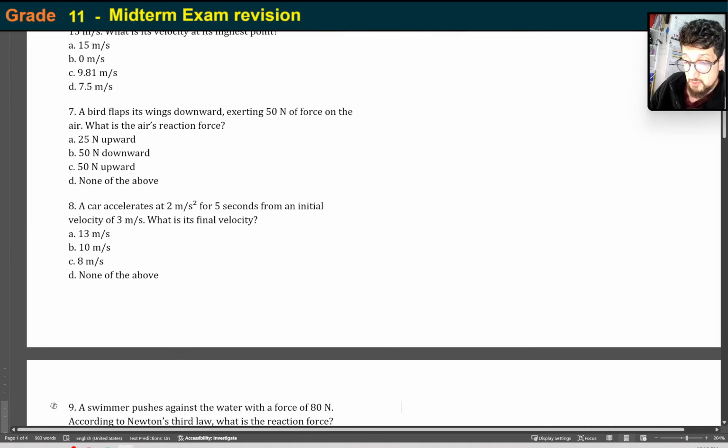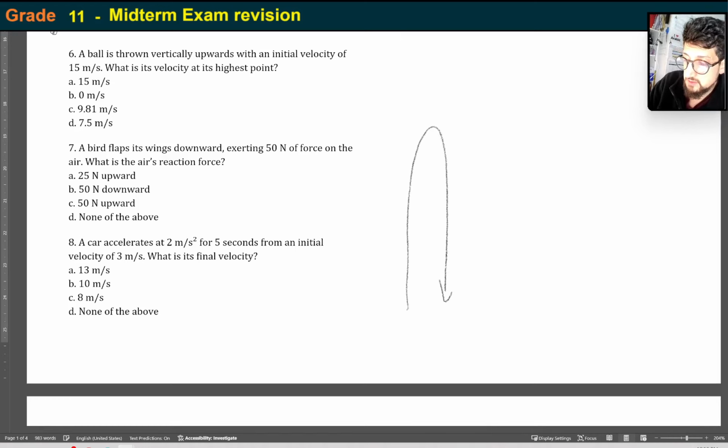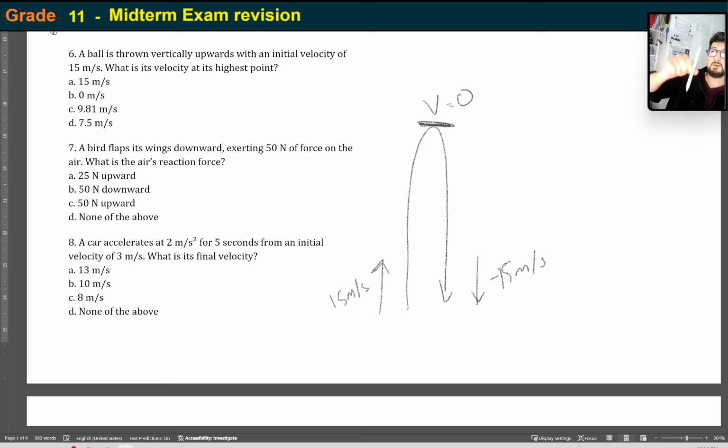Question 6. A ball is thrown vertically upwards with an initial velocity of 15 meters per second. What is the velocity at the highest point? So obviously this is like parabolic motion. And remember, if the initial velocity is 15 meters per second, the final velocity is going to be negative 15 meters per second. But the top velocity right here is going to be 0, because at one point it will stop before it goes back down. So it'll go up, it'll stop, and then it'll come back down. So velocity is going to be 0. However, acceleration is going to be